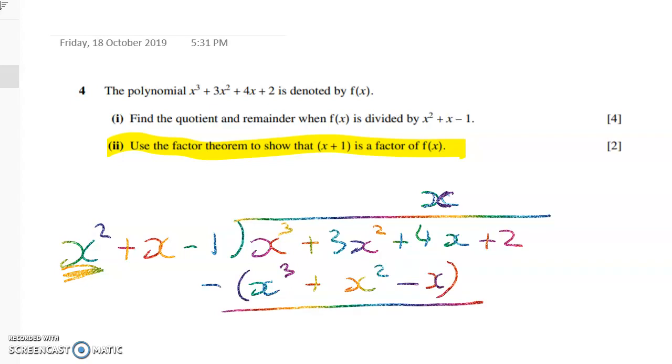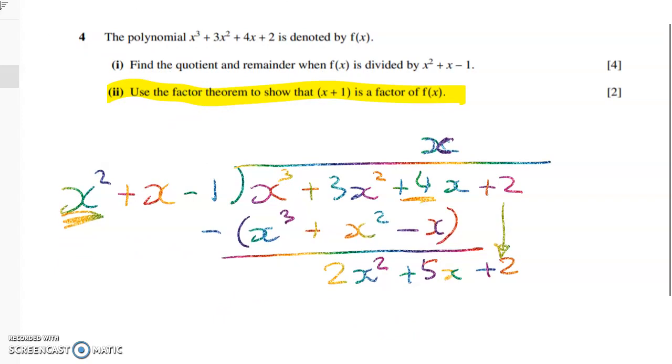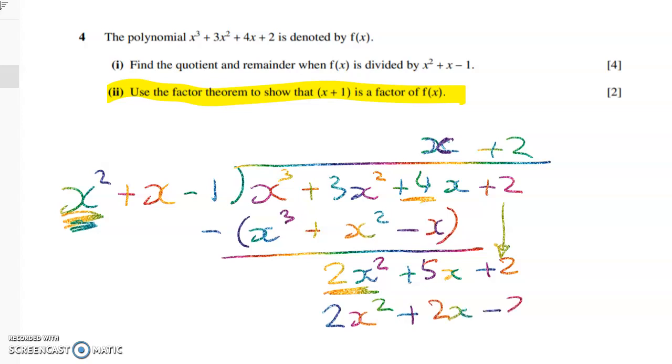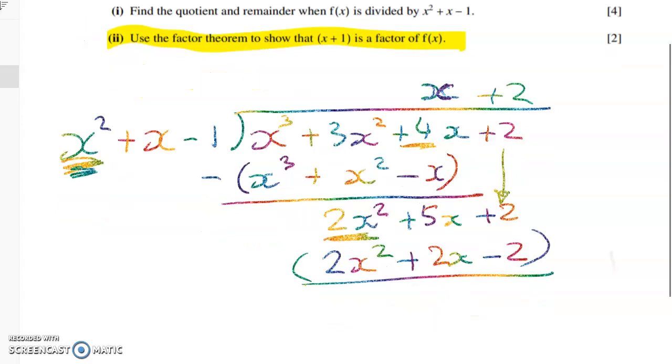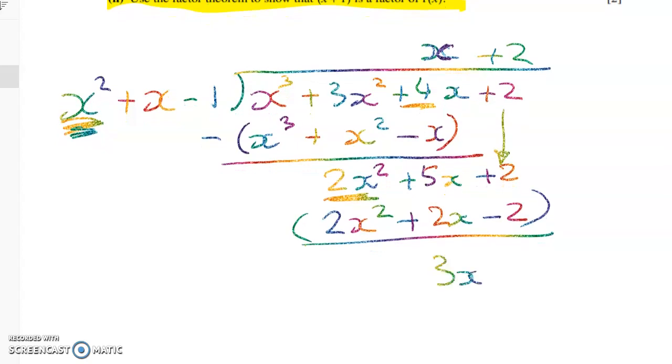Take it away from what we've got, and we're left with, let's see, 3x squared minus x squared. So we've got 2x squared plus 4 plus x gives me plus 5x. And now I've got the plus 2 from here to bring down. We want to generate 2x squared. We need to multiply x squared by 2. So it's plus 2 up here. And we've got 2x squared plus 2x minus 2, which leaves me with 3x plus 4